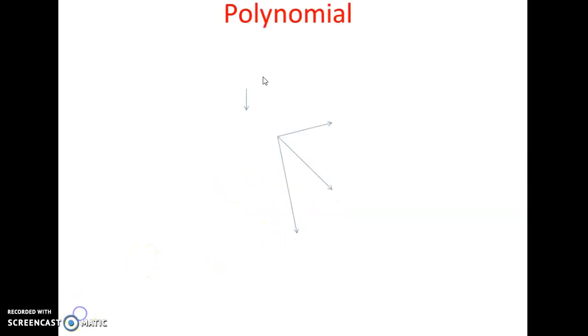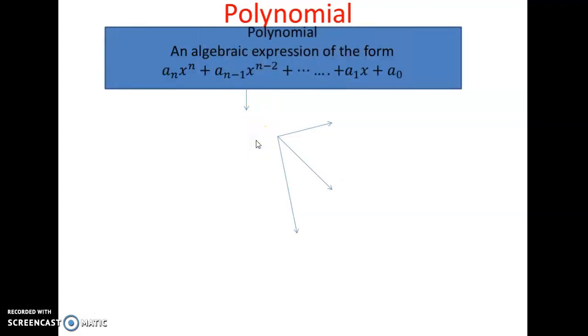Okay. What does the definition of polynomial say? Any algebraic expression, which contains some numbers and variables, is a combination with the operations addition, subtraction, multiplication and division. Here, what is the numerical coefficient? a_n, a_(n-1), a_1 and a_0, and the variable or the unknown is x here. And we have x with different powers: x to the power n, x to the power n minus 1, up to x to the power 1, and here we can say x has a power 0.